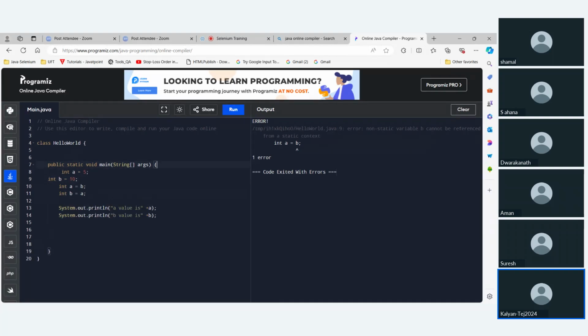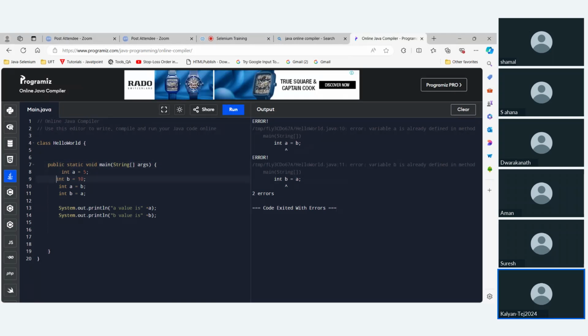Now you don't need to use the data type here. Can you remove the int here? Yes.